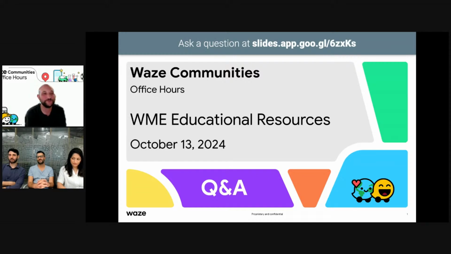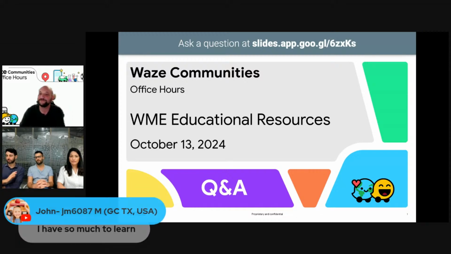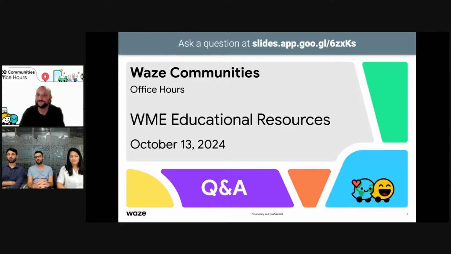I think it's gonna be amazing and super interesting in 2025. We know that it's a pain point for a lot of us. There's a lot of knowledge shared from a PM, maybe a developer, some in the community. So I think it's gonna be really cool to see all this knowledge come in one place, easily accessible and shareable. I think it's gonna be an amazing tool for the communities and for the coordinators to share in their community, so that we can see a lot of editors better understanding the tools, better mapping, and I think it's gonna be super interesting to see how it unfolds.